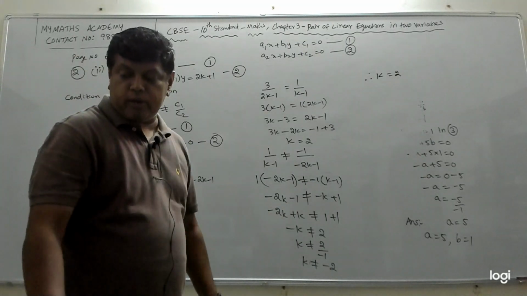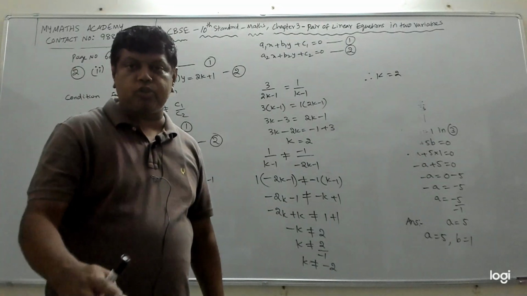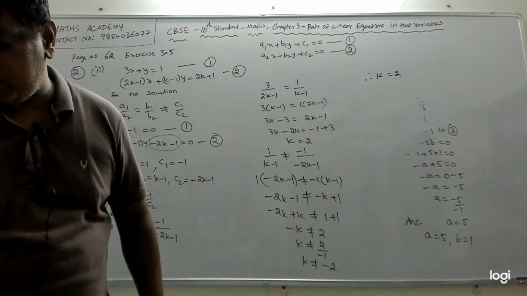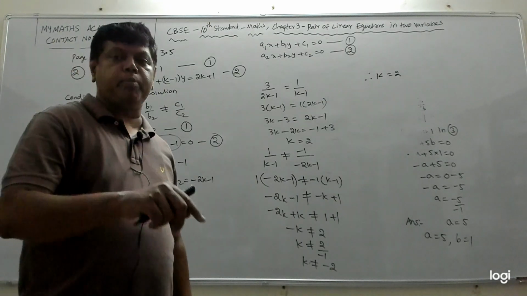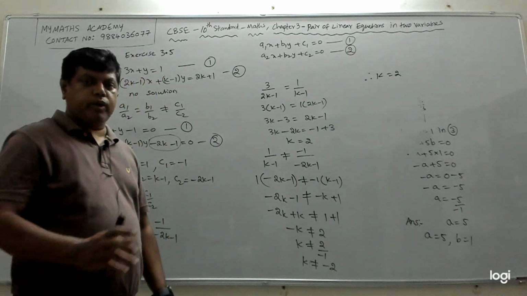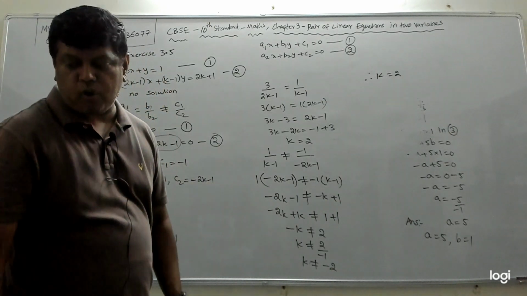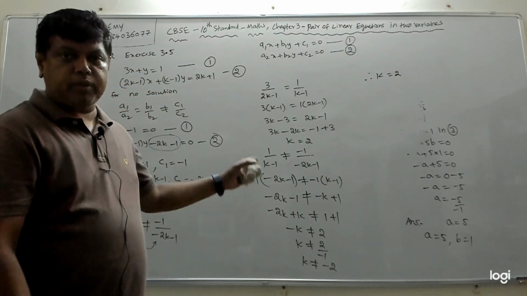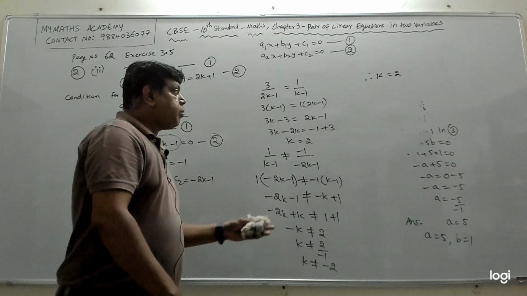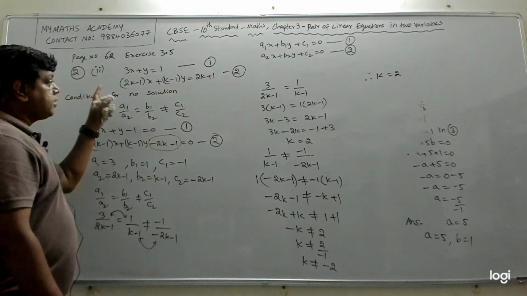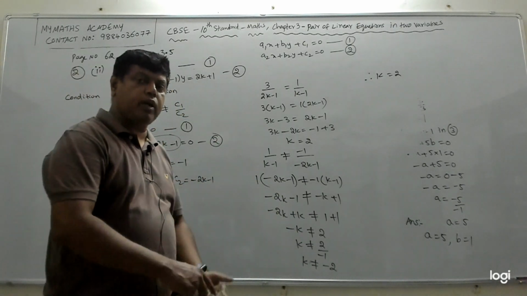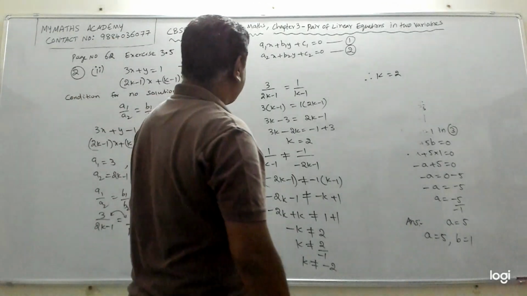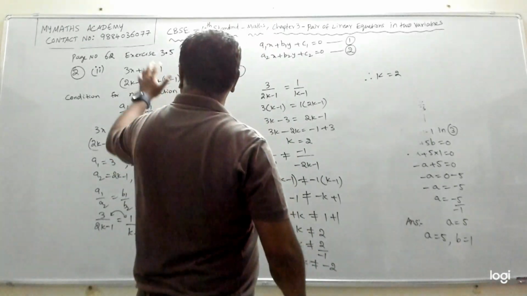You can try it as homework. You have to solve the following pair of linear equations by the substitution and cross multiplication methods, which we have done. You can see the previous videos and follow the substitution method, and solve by the cross multiplication method as well. So the third problem you can try as homework, and if you get any doubts, you can WhatsApp me on this number.